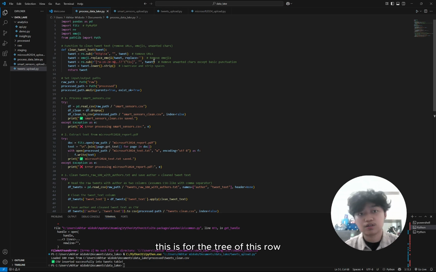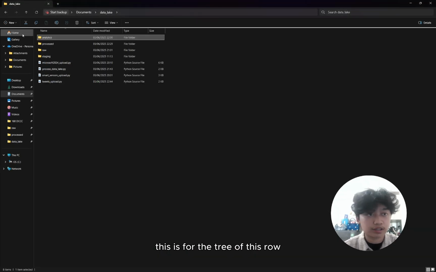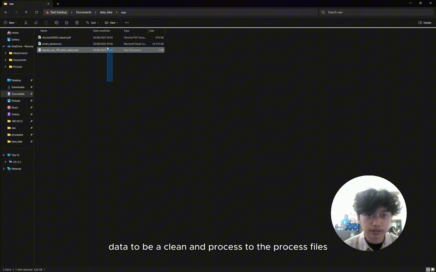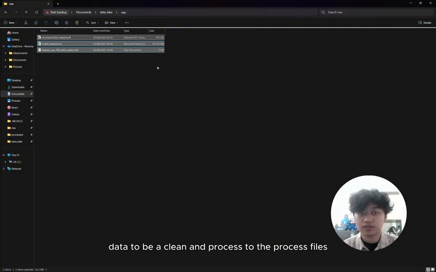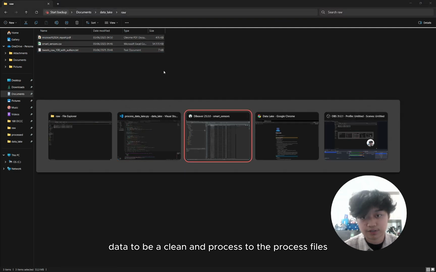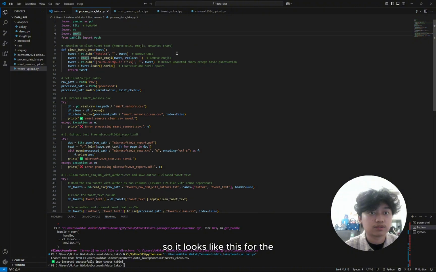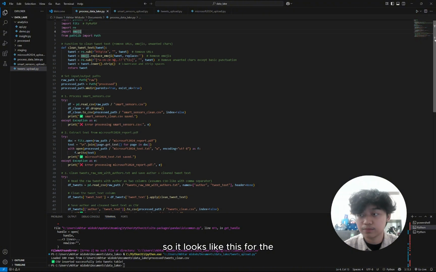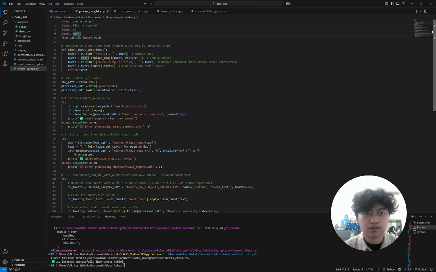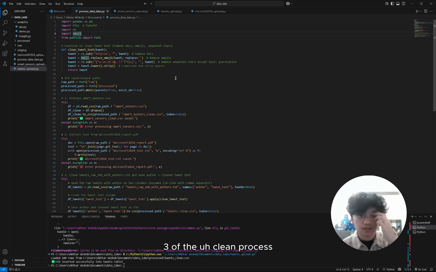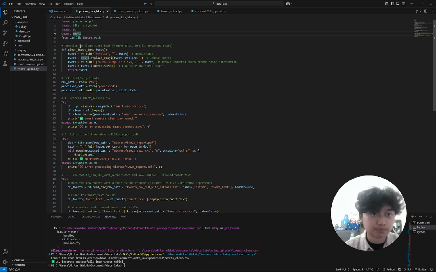This is for the raw data to be cleaned and processed into the process files. So it looks like this, the tree of the clean process.